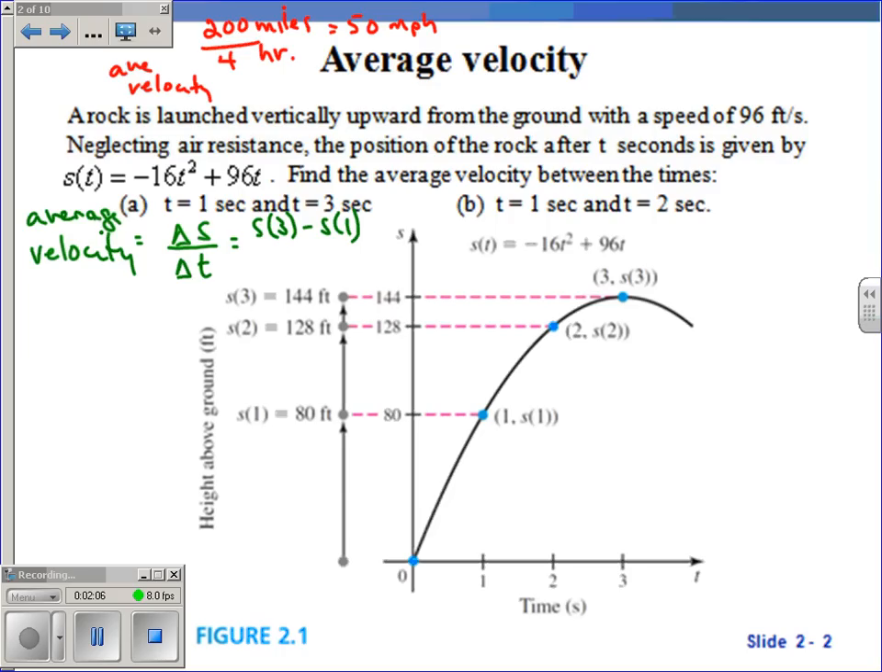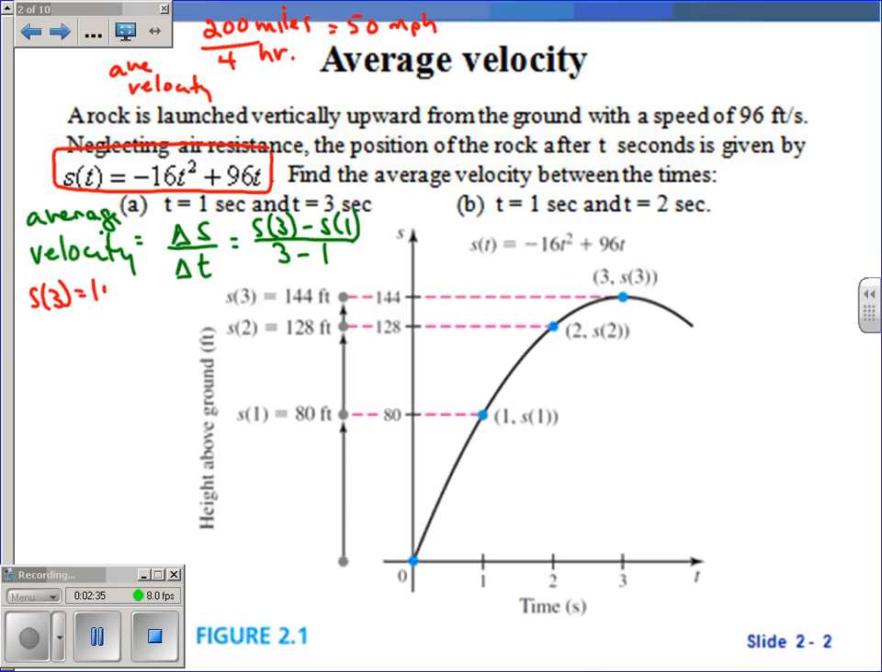Okay, so the position at 3 seconds and the position at 1 second over your change in your time, which will be the 3 second and the 1 second. So all we're doing is we're looking at the difference in the two positions and the difference in the two times. Okay, so now to calculate this, if we're given the formula s of t equal to minus 16t squared plus 96,